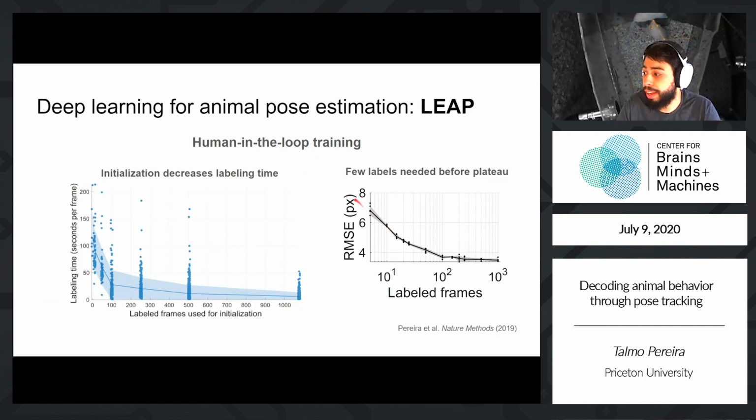Further, we found that even with very few labels, on the order of hundreds, you get to the plateau of how accurate you'll be. So put together, this means that this whole system can start completely from scratch and get you to a fully labeled data set that gets you accuracy that you can actually do work with within a very short amount of time with very little labor